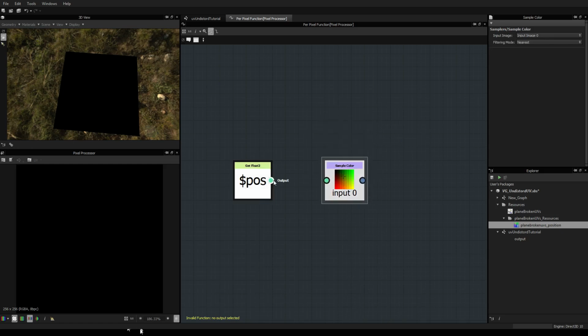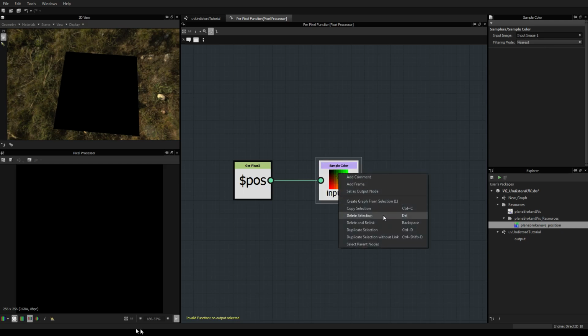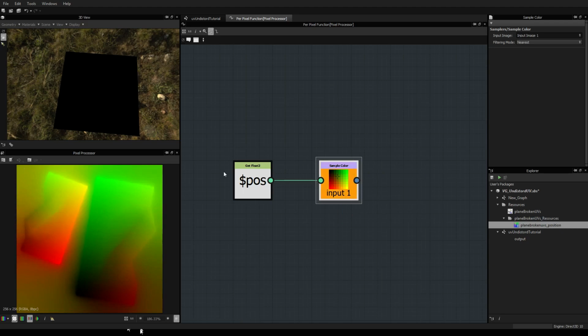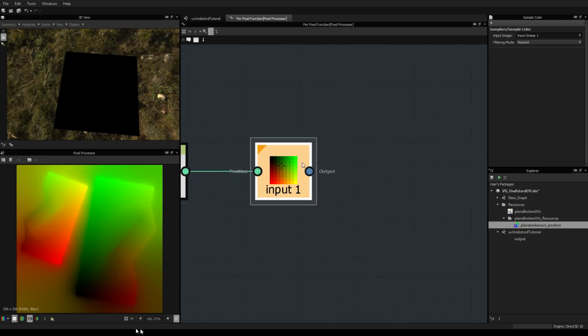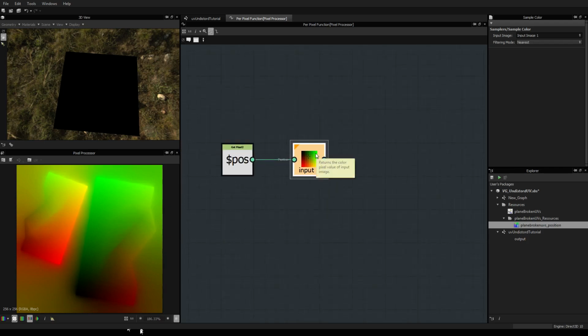Basically what it says is, okay, I look at each pixel, and what I'm going to do is sample the corresponding pixel in the input that I choose. So here I want the input 1, which is our coordinate node. For example, if I put that as output node, it gives directly the UV coordinates that we want, because we just output each pixel one by one. But actually, as we say, we want this to be considered as coordinates to reproject the other input.